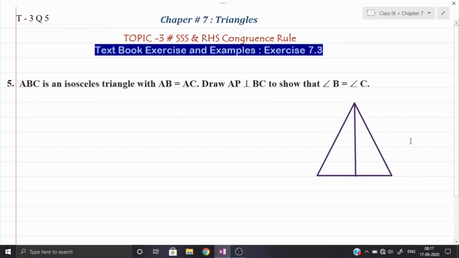Okay, now let us give the names over here. First of all, this perpendicular from the point A I have drawn. So this point I will name as A, this point as B, and this point we can mark as C. And since from the point A we have drawn the perpendicular, this point I will mark as P, and this perpendicular is drawn on both sides of point P. Means we can say that angle APC will be also 90 degrees and angle APB will be also 90 degrees.